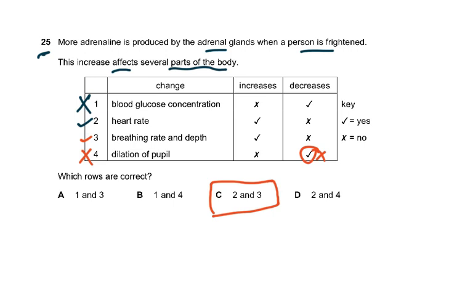So you see dilation of the pupil, why? Because more light can enter and you can see more clearly. Breathing rate and depth increases because more oxygen is taken up per unit time. Heart rate increases so the circulation is faster and oxygen reaches your body cells faster and carbon dioxide is removed more quickly. Blood glucose concentration will increase because we need more glucose. More glucose means more respiration, means more energy released, and the person can fight or flee. It's the fight, flight, fright hormone, the three F's.